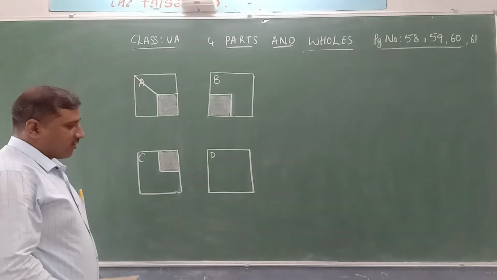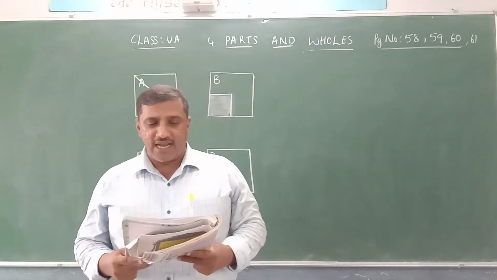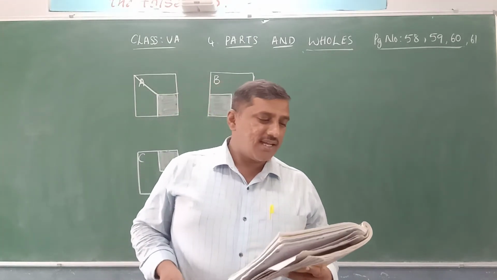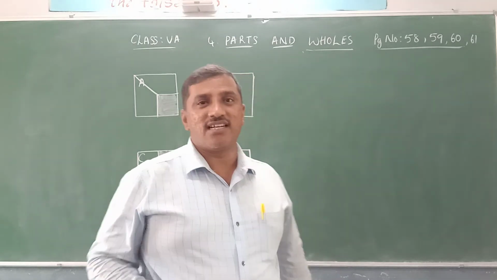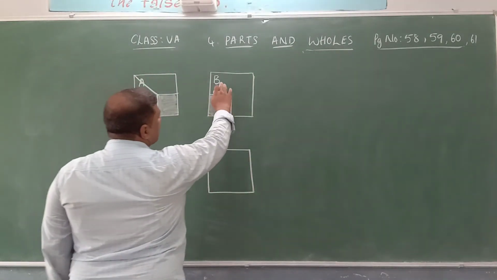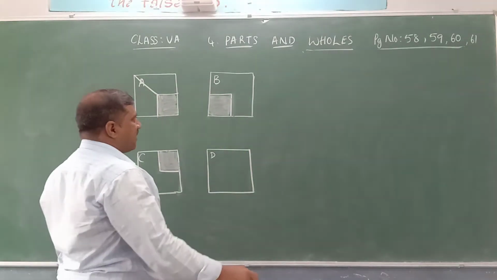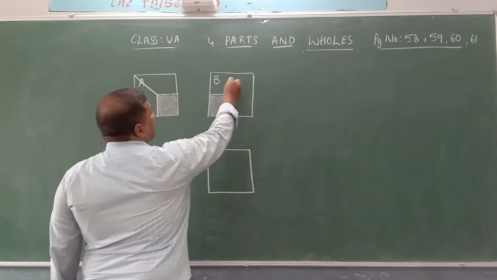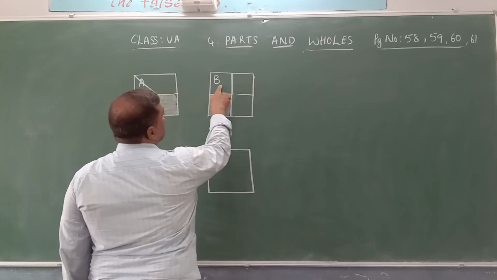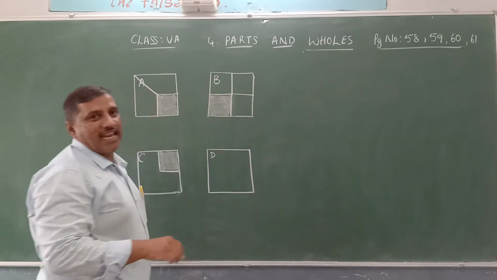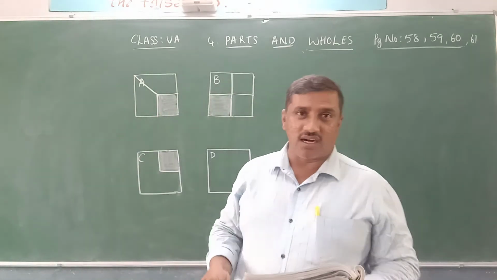And second question. Divide the white area in square B into 3 equal parts. That too is easy, isn't it? Now see the third question. Now divide the white space of card B into 3 equal parts. Yes, this is 1, 2, 3. 1, 2, 3. 3 equal parts are divided. It is very easy.